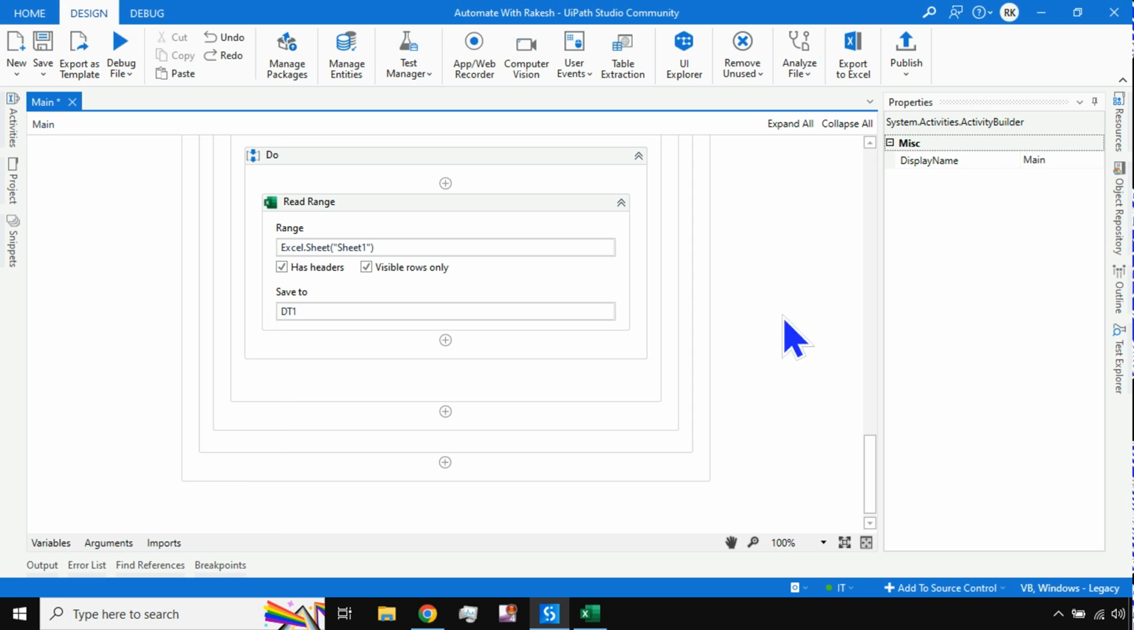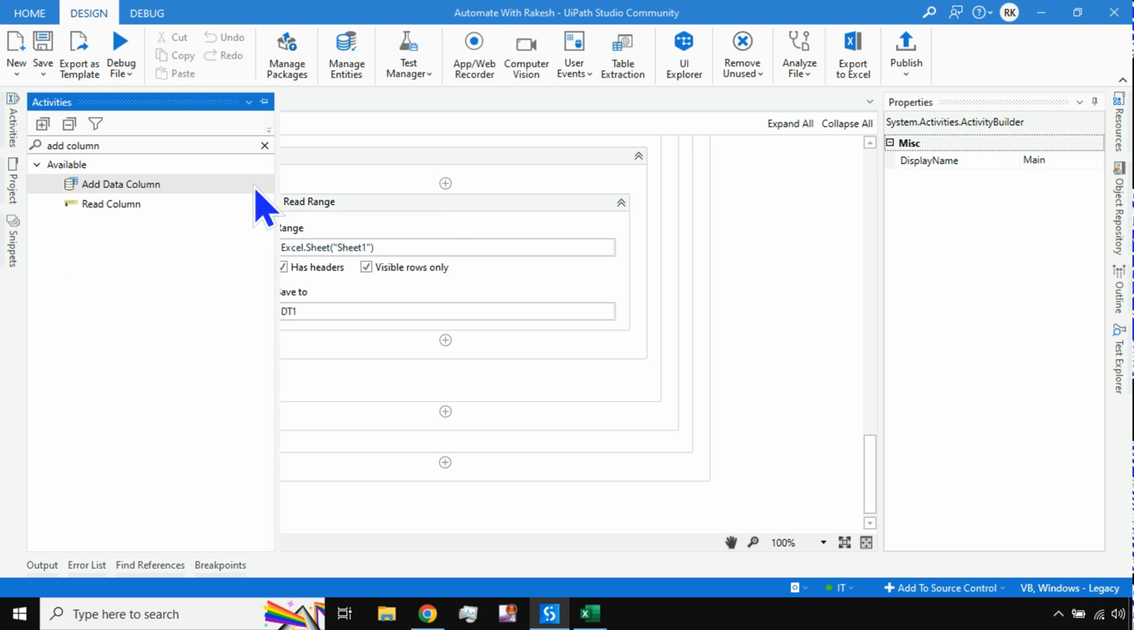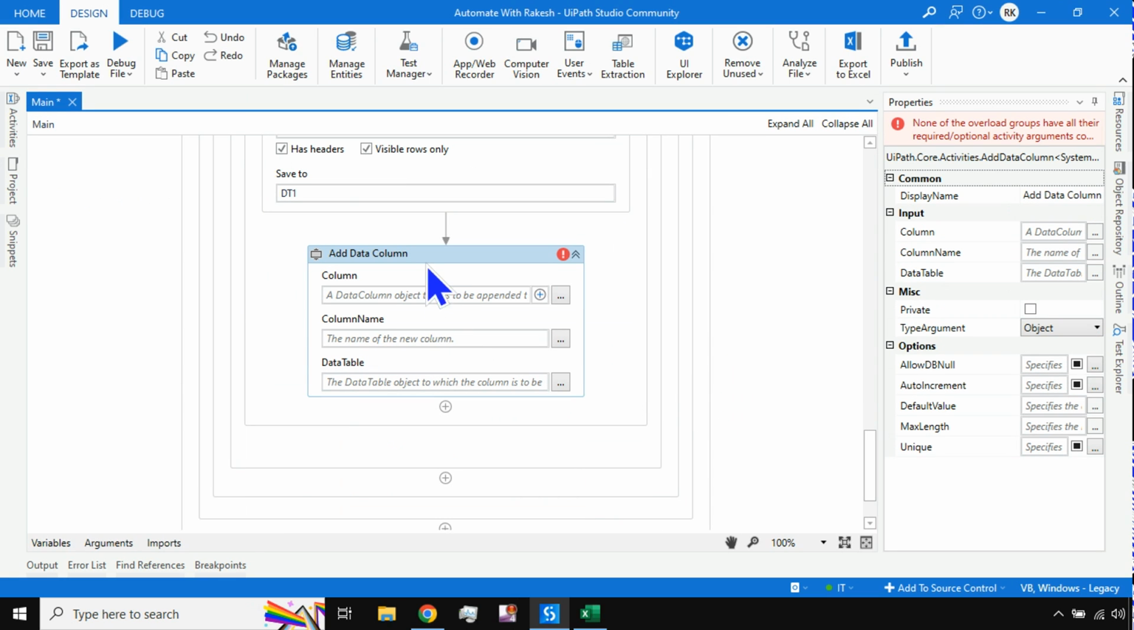Okay, it's just holding the Excel data in a variable. Once it holds the data, the next thing I would like to do is add a column. For that, there is an activity called Add Data Column, and this activity is responsible for creating